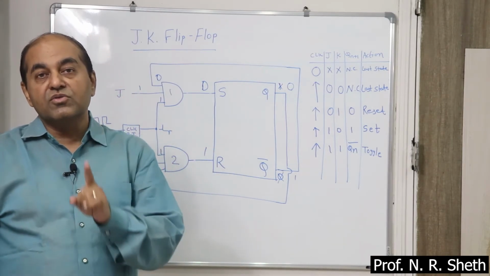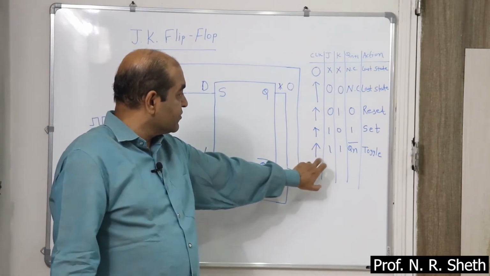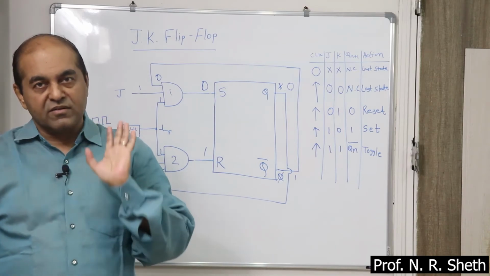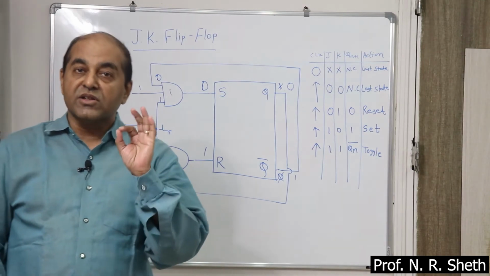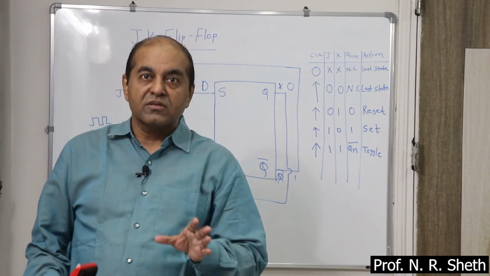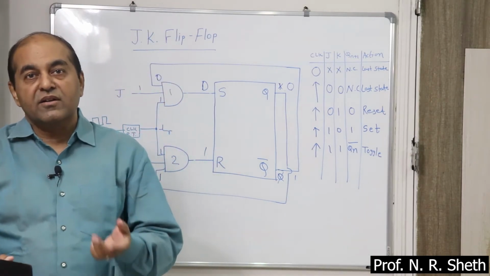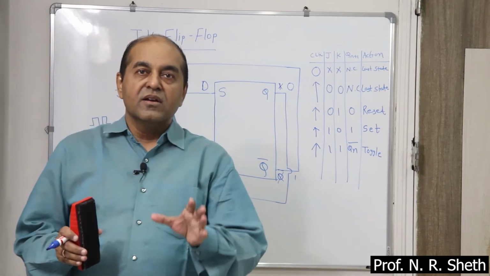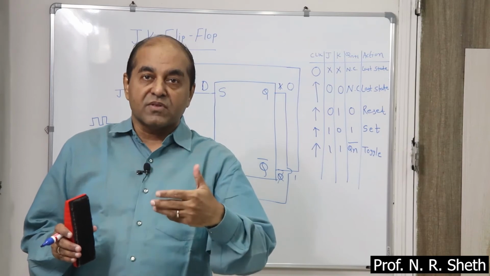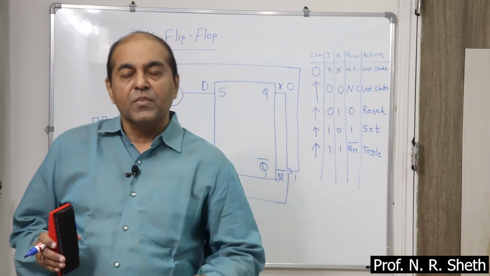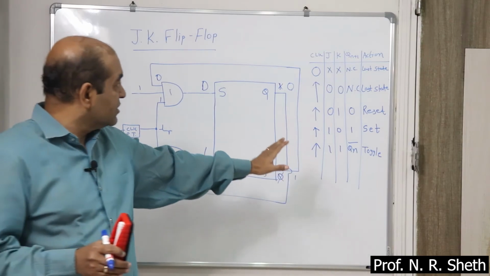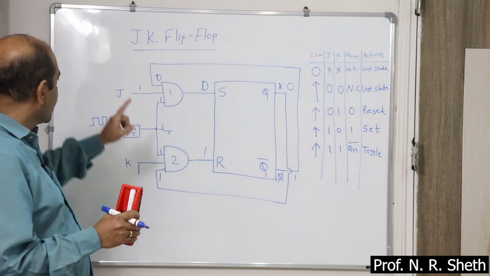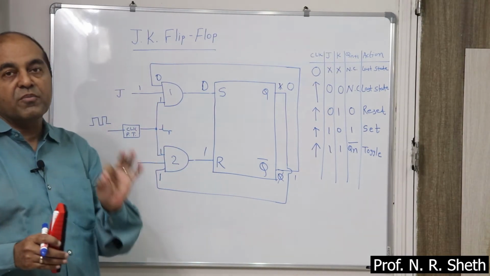Normally, JK flip-flop is used only because of this one condition. J is 1, K is 1, flip-flop toggles and changes the state. This property you are using in digital clock, digital counter, the machine that is used to calculate your currency note, everywhere where the digital counter is there. Even on the traffic island, you see that counter is there, that counts in reverse, 39 second, 38 second, 37. In that also, this circuit is used. JK flip-flop and only one condition, J is 1, K is 1, flip-flop is toggle.